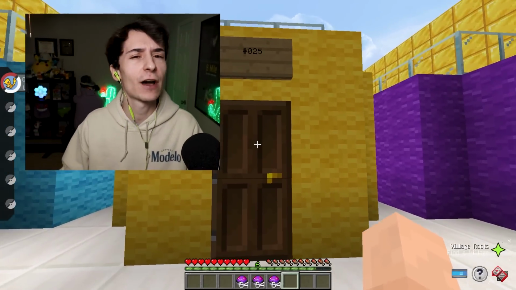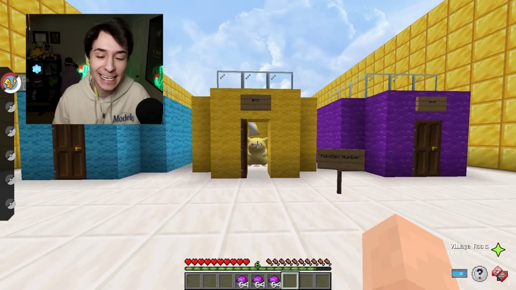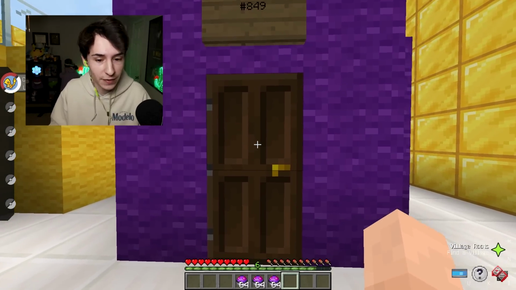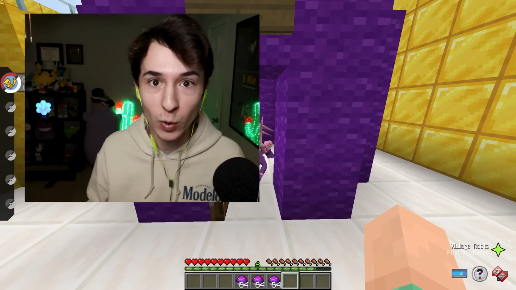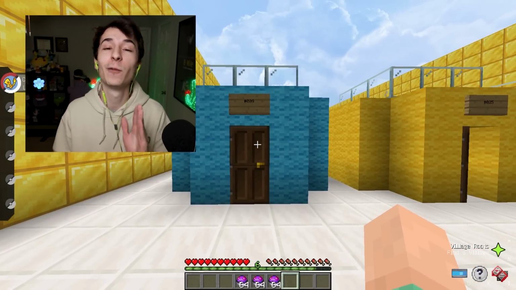Let's see what we missed out on behind the yellow. I'm pretty sure it's a Pikachu, and it is. All right, but as for this purple door, I genuinely have no idea what Pokemon this is. Let's see. Ooh, GMAX Toxtricity. Honestly, one of my favorite Gigantamax Pokemon. So I'm a bit bummed out we missed out on that,